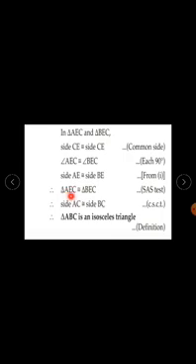Therefore, triangle AEC is congruent to triangle BEC by SAS test of congruency, side angle side test of congruency. And if two triangles are congruent, their corresponding sides are congruent by CSCT. Therefore, side AC is congruent to side BC. Reason is corresponding sides of congruent triangles. Therefore, triangle ABC is an isosceles triangle by definition.